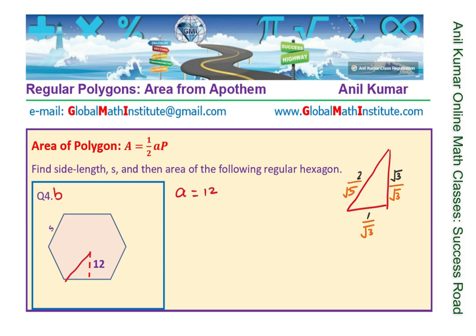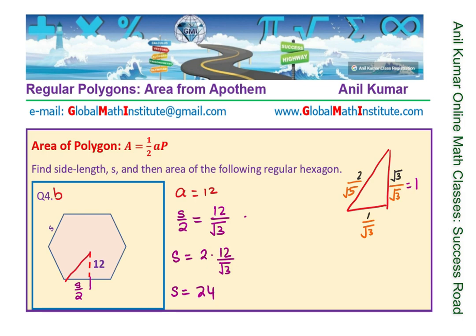Well, in that case, the side lengths become 1 of this, and then this becomes 1 over square root 3, right? So you have to basically divide apothem by square root 3 to get half of the length. This is s by 2. So we can say that s by 2, which is half of this, is equal to 12 by square root 3, right? And that gives us the side length s of 2 times 12 over square root 3, or you can say